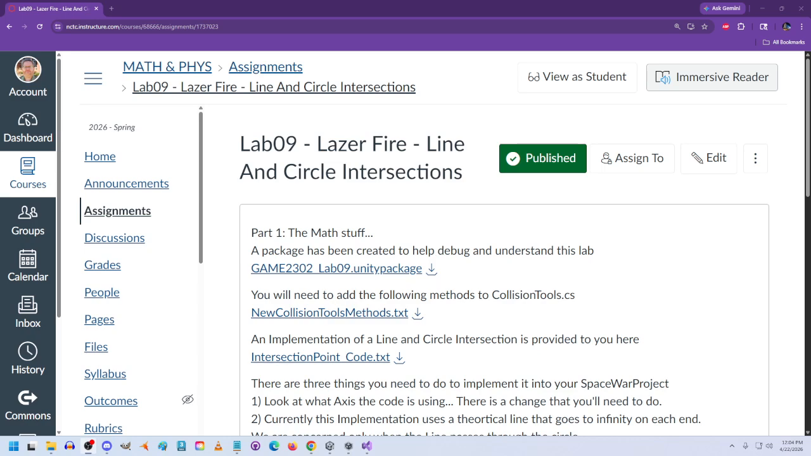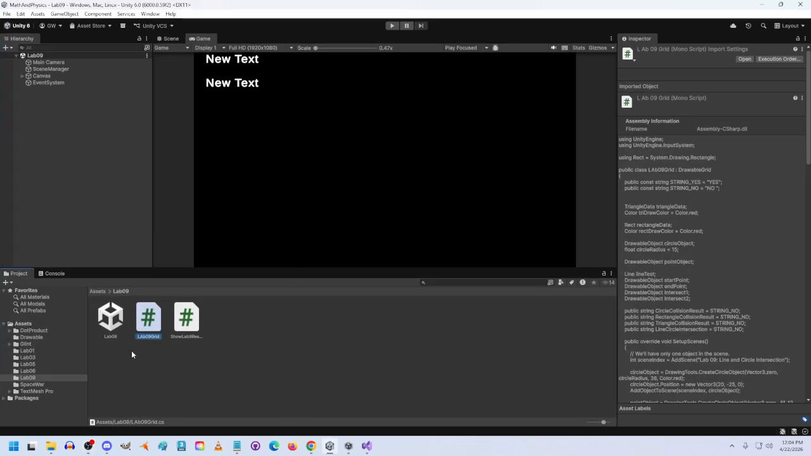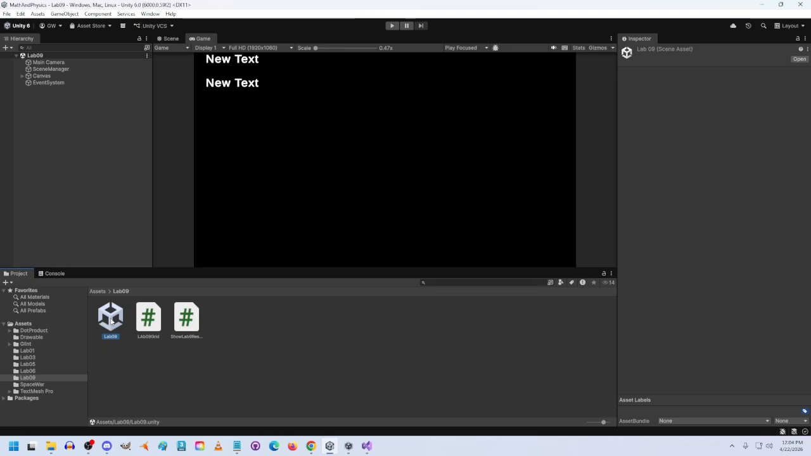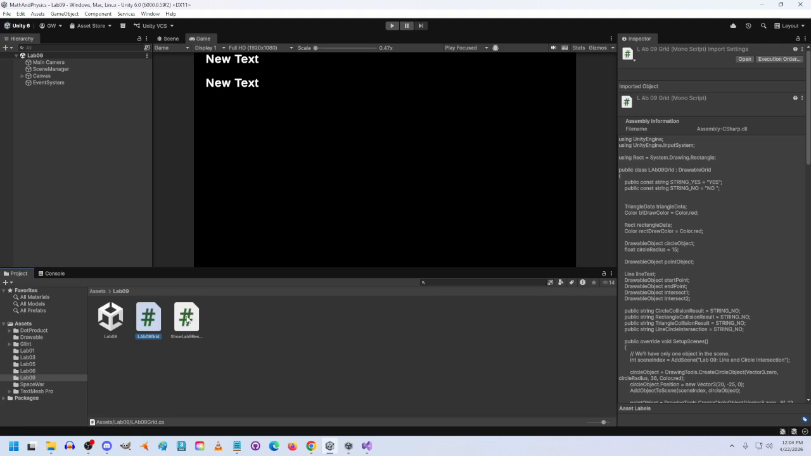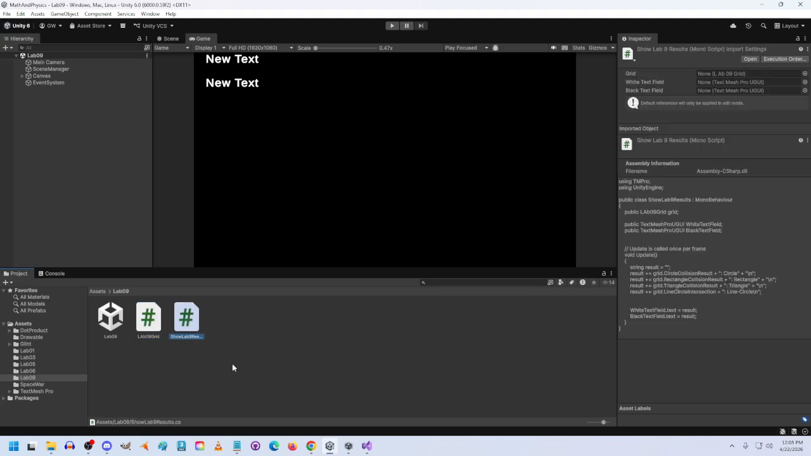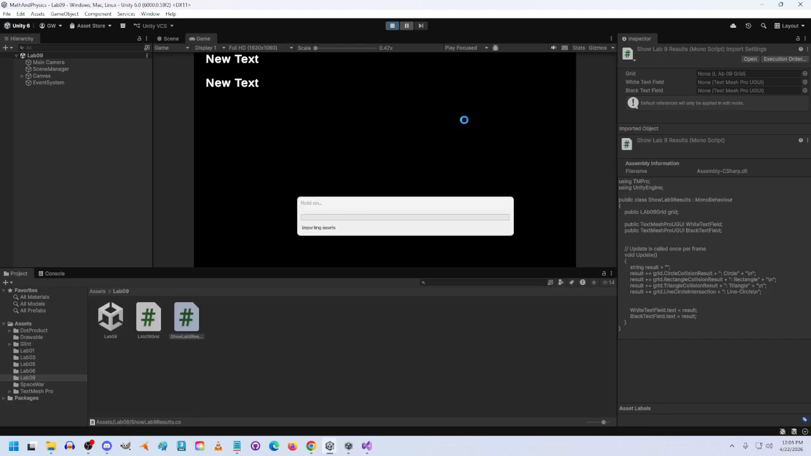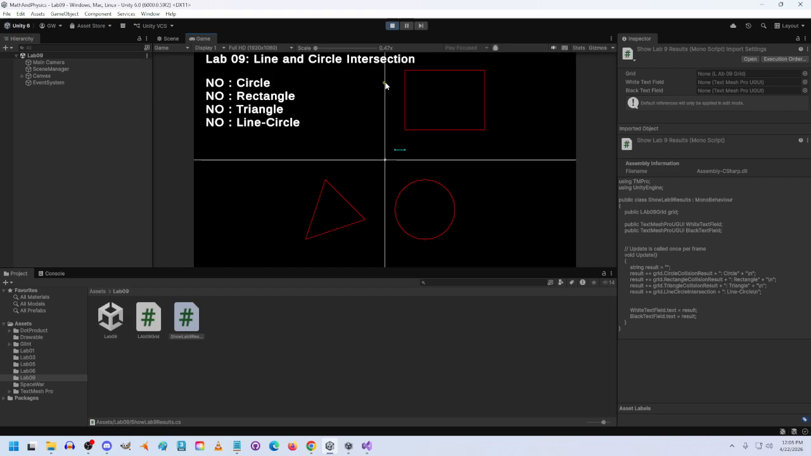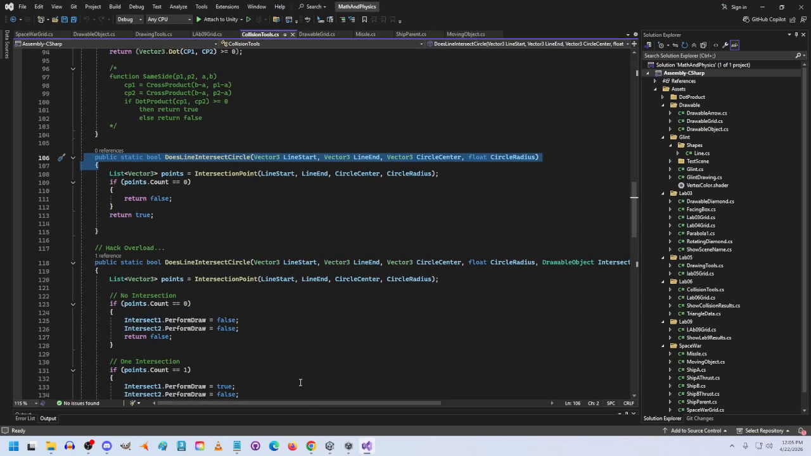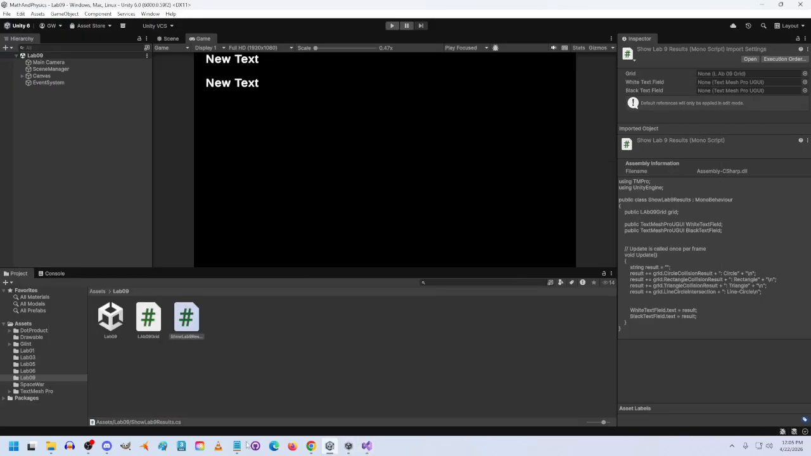I've provided you three things. Basically, a Unity package, and that is, what we look at here, this Lab 9 scene, the Lab 9 grid, and a show results. So if we press play and we look at it, you've got all the interactions. The line circle one is fully completed. We'll go over that. But it's got this piece going on. So we've got this interaction going on. To get this, so when you import,